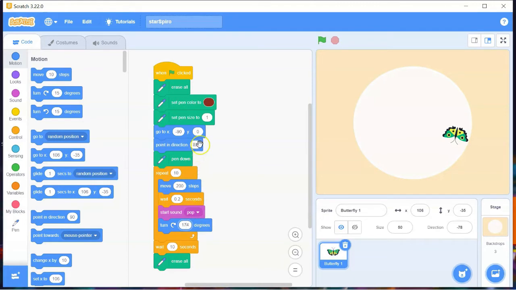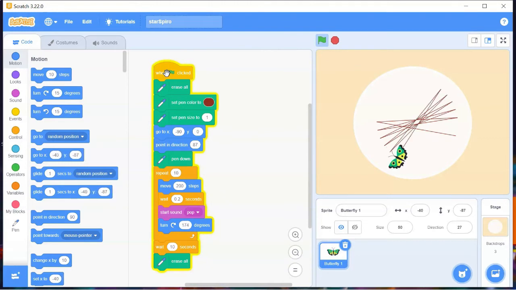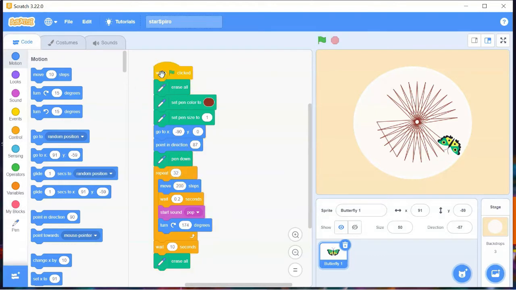So this I will make 87. And now you can see what will happen. I'm going to run this. Oh, I need still more steps. Oh, then I still have to increase. Maybe I will make it 32, and then you can see this.